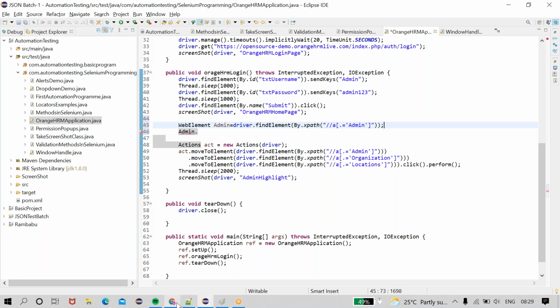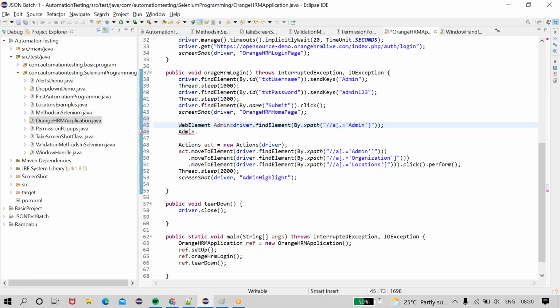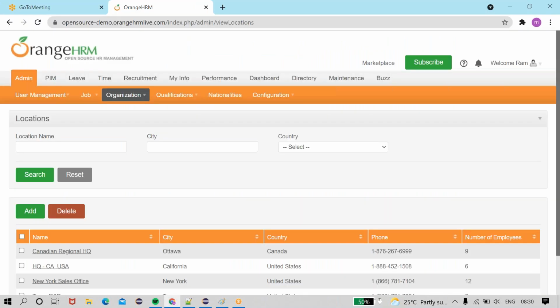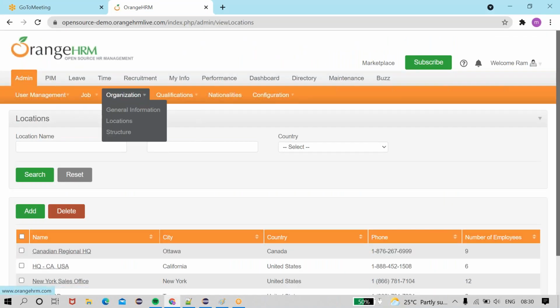See, basically, if you open this application as an end user, you don't have the inbuilt methods. You will definitely do either keyboard operation or mouse operation to perform actions. Yes or no? If I want to use the inbuilt methods, there is no move to element like this.